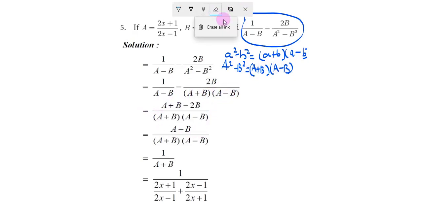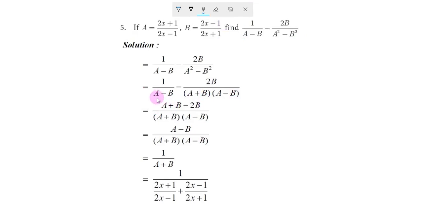Okay, now look, we should equate the denominator. A minus b, here we go. Here we got 2 factors, (a plus b) into (a minus b). So this is not common, so we should make it equal. So (a minus b) here, and (a plus b) extra it has in the denominator. So here and there we should take a plus b, in denominator and numerator. Okay, so (a plus b minus 2b) whole divided by (a plus b) into (a minus b). Okay, that is equal to a plus b minus 2b.